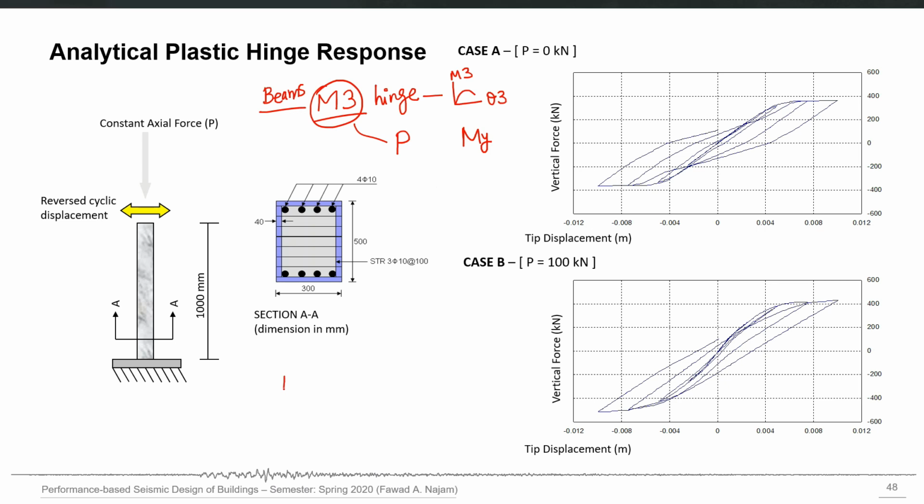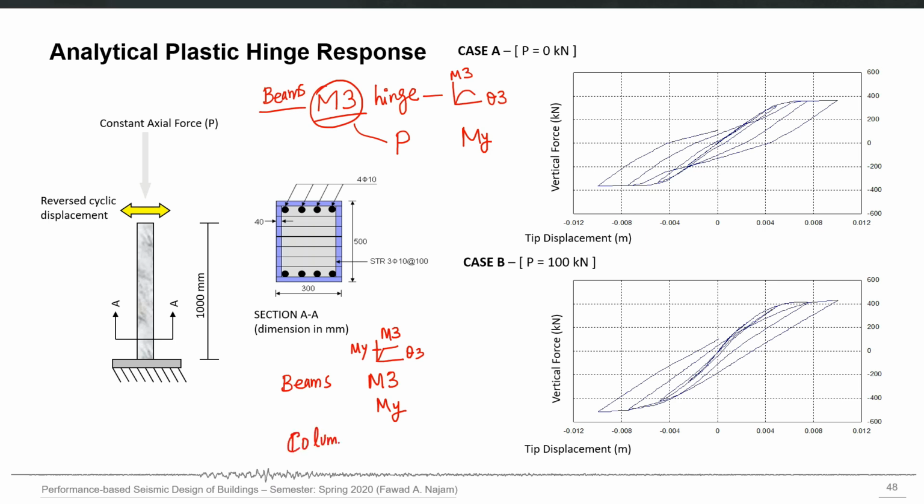So if I talk about beams, I say okay, M3 is my concern and the yielding is only My. The yield number is just one moment value at which this M3 will be saturated, as defined by the M3 versus theta 3 behavior. So this point is basically My. That's all about beams.